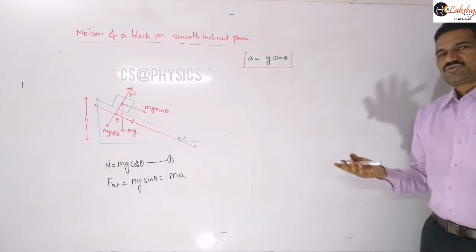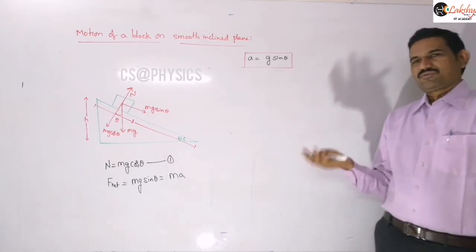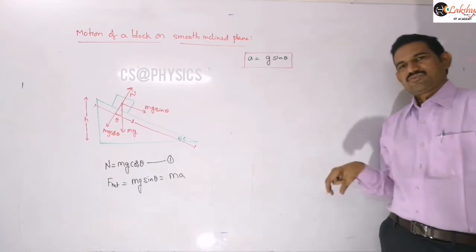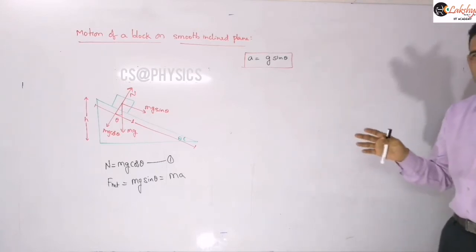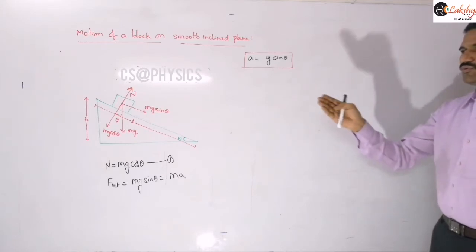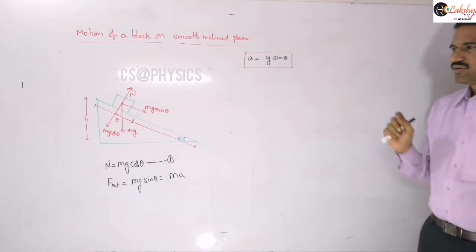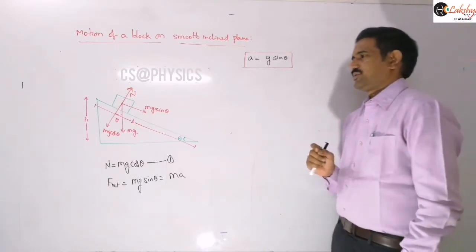and actually you can also mention that it is independent of shape and size also. That means whatever the shape and whatever the size you are taking, it will come down with that acceleration if it is a smooth surface. So it will depend only on the angle of inclination of the inclined plane, right?